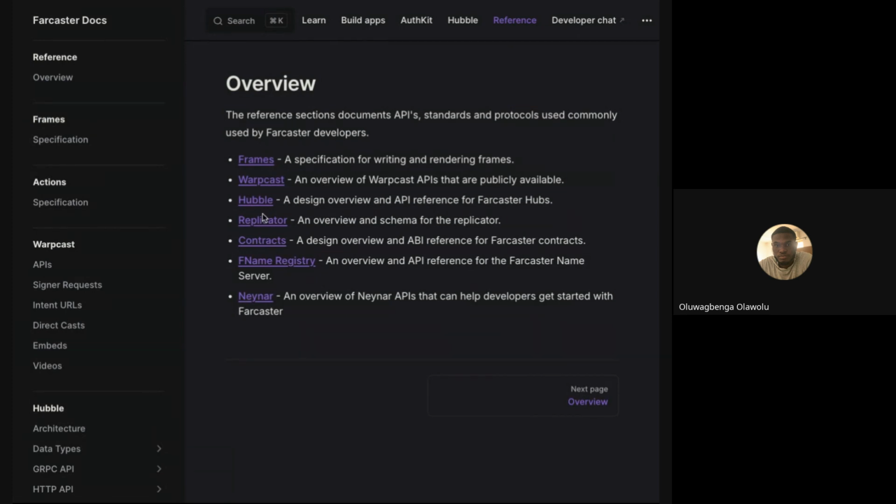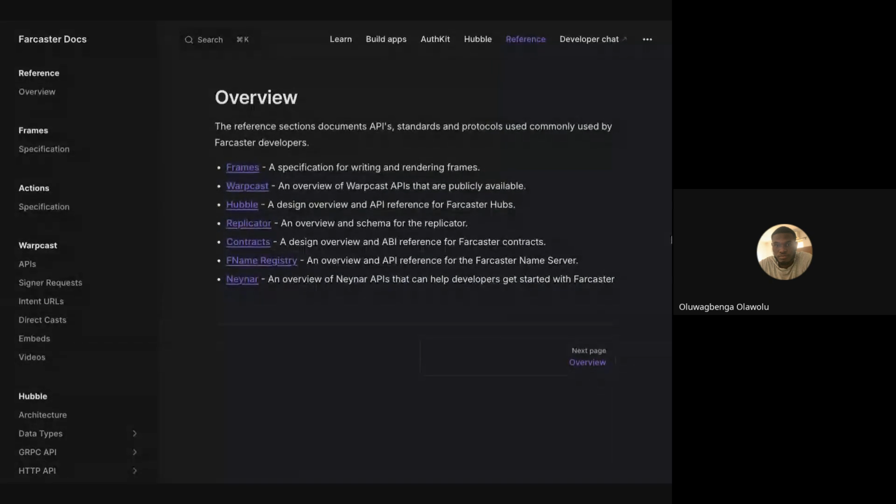So can you see? Yeah, so this is another documentation for the same protocol, but it's a lot more complicated.